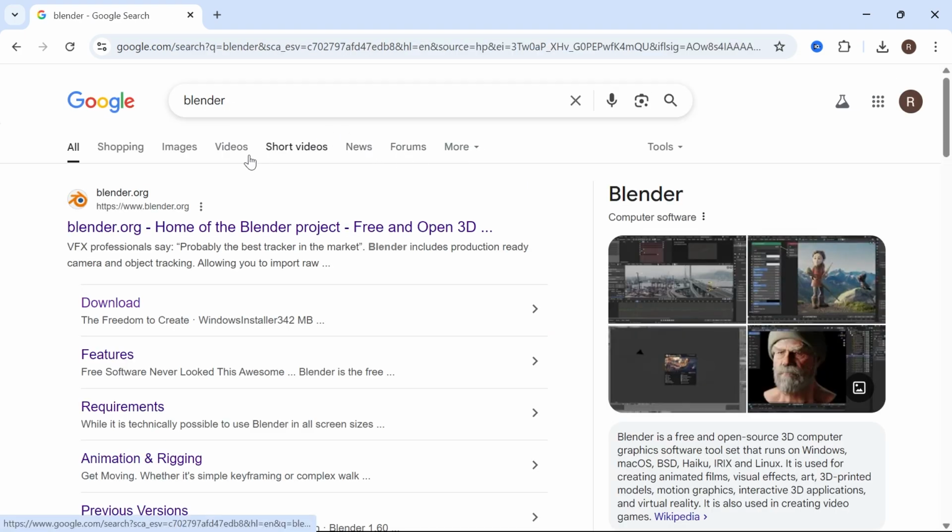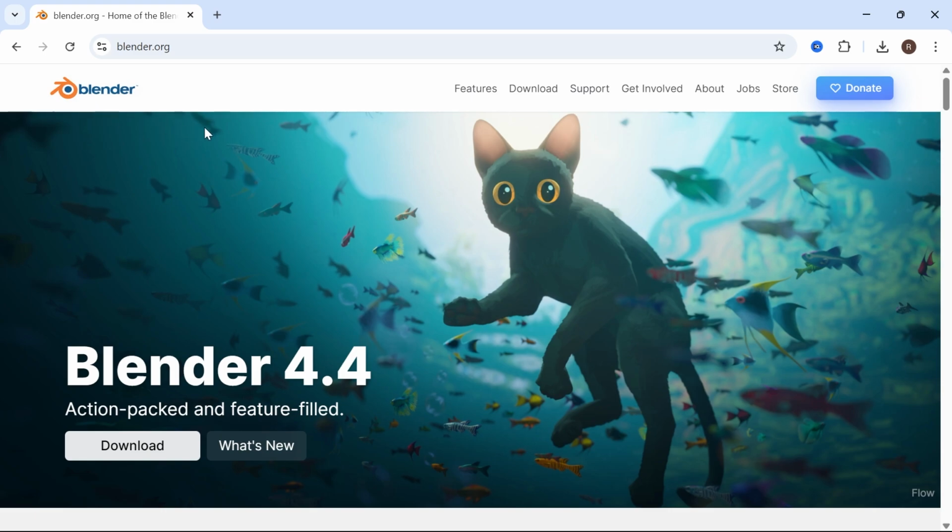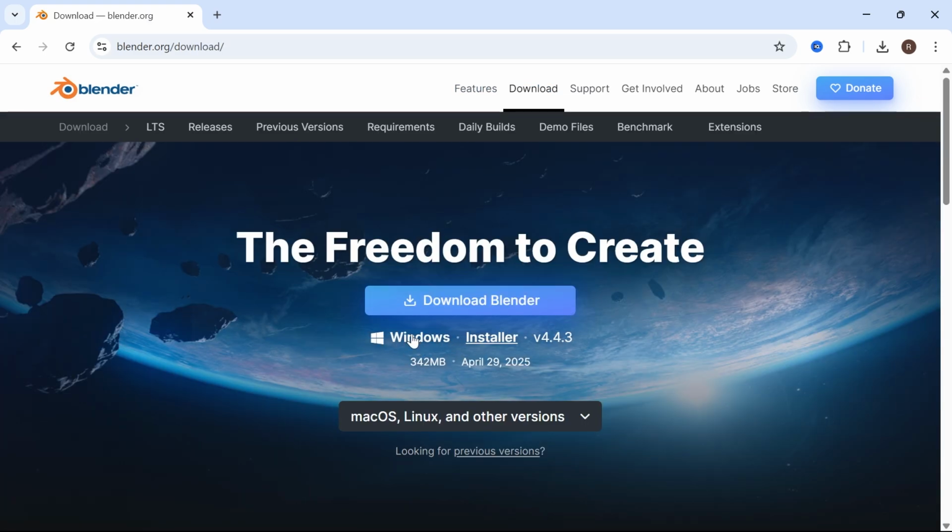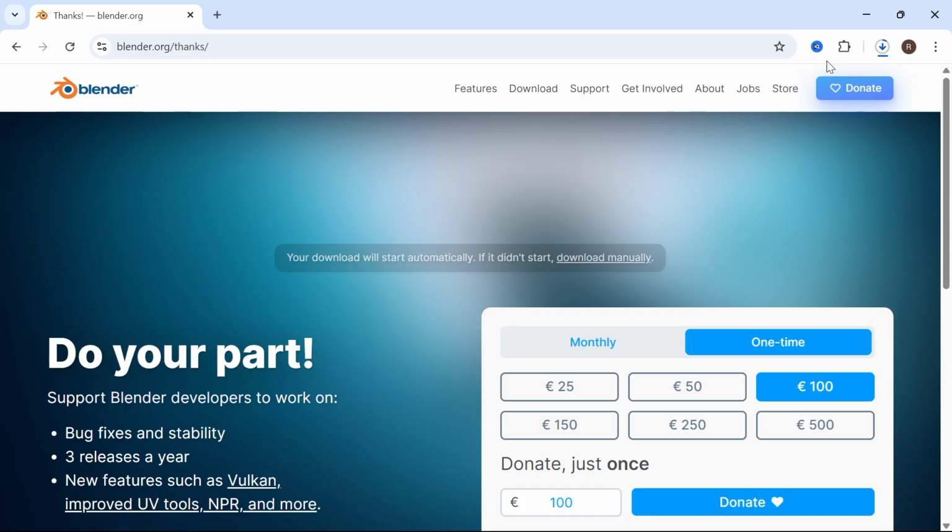and press enter. Now you need to click on this top website, which is the official blender.org. And then click on download in the top navigation. Now, if you're on a Windows computer like me, just click on download Blender and that should automatically start downloading